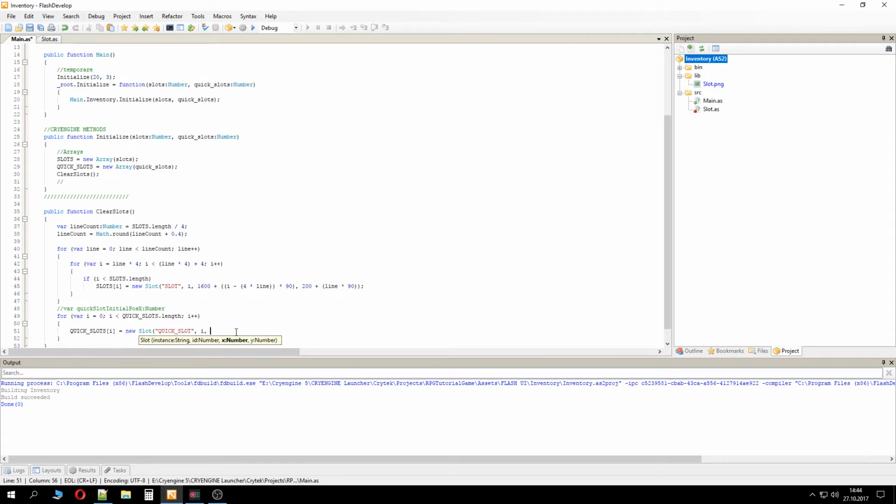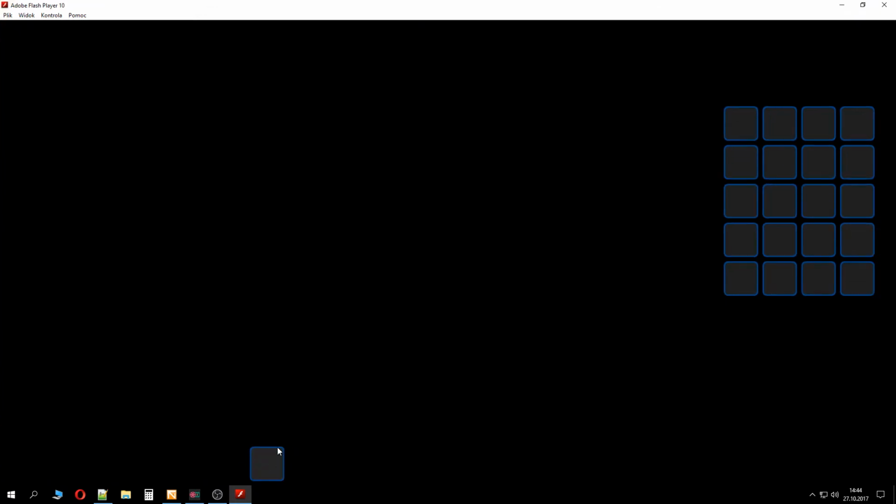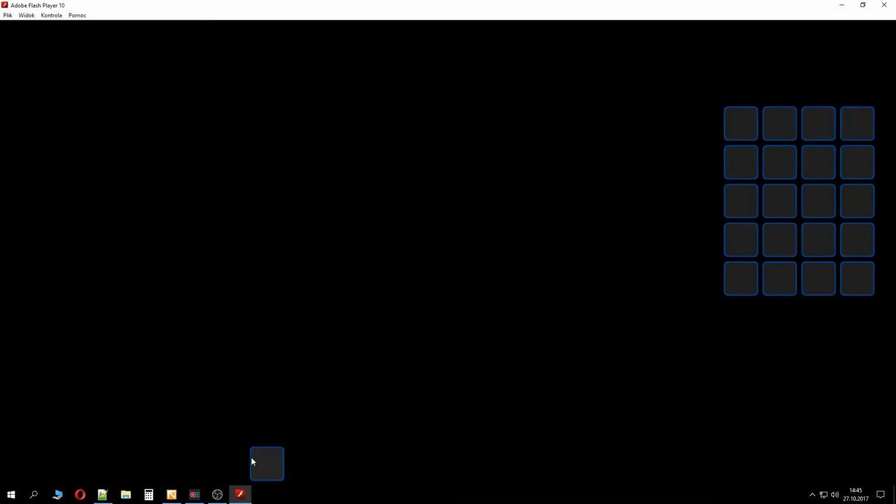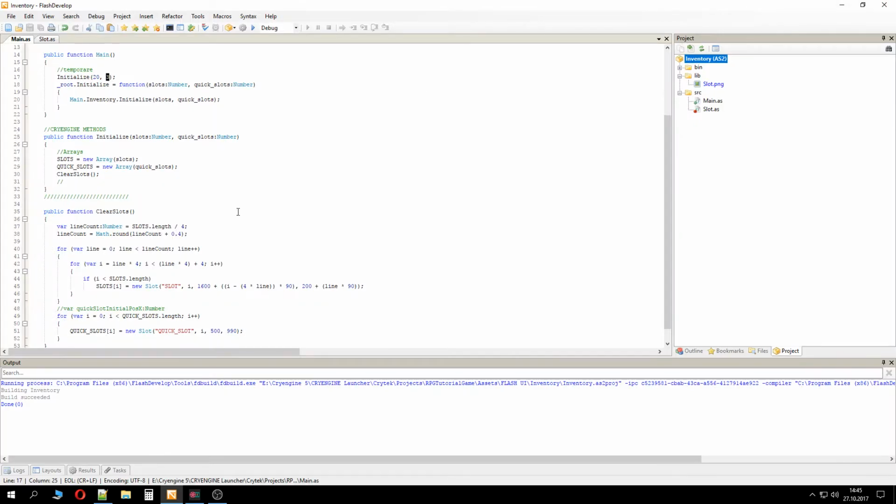So now let's do 500, yeah, and 990. So these slots are going to be on the bottom, but you can see you have one slot only. The truth is that there are like 3 of them, but they are all at the same place. So let's run once again. We want to have each of them next to each other like this. So we tell it to have 3 slots,